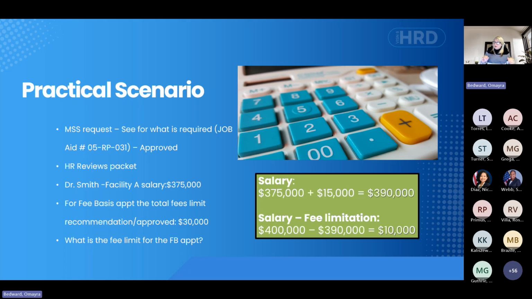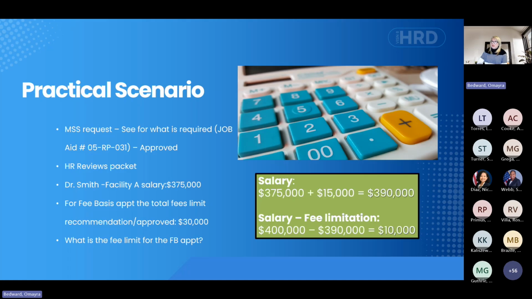So it's a bit of simple math, remembering what the maximum is for a physician, which we said is the president's salary, 400,000. So how much is the fee limit for that fee basis appointment? Can anyone just throw out the number in the chat? I see a few people saying 25,000. Okay. 25,000 is, yeah, because that's that 400,000.